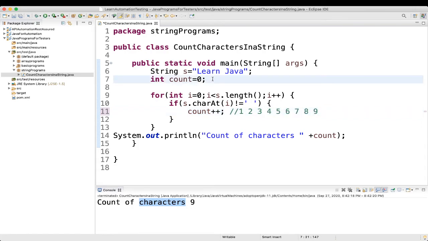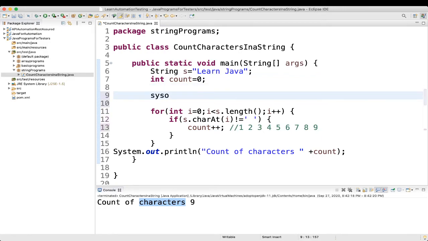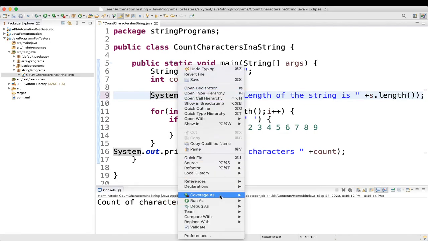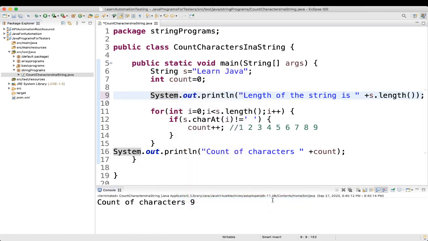I'll do one thing, I'll also print the length of the string: "length of the string is" plus s.length, so we'll be able to understand. Fine, let's execute it. Run as Java application.